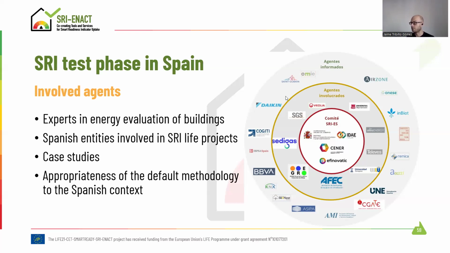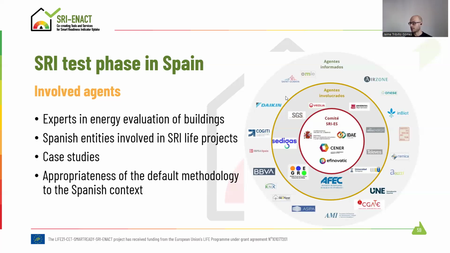Then we have the involved agents, who are entities with high level of commitment with this test phase. In this case, we have companies and entities who are experts in energy evaluation of buildings, and also Spanish entities that are involved in the different SRI live projects. And here you can find companies as Veolia or Setigas or the University of Zaragoza and many others. In total, there are 8 entities here. We also have to develop evaluations, and we will evaluate also the appropriateness of the default methodology to the Spanish